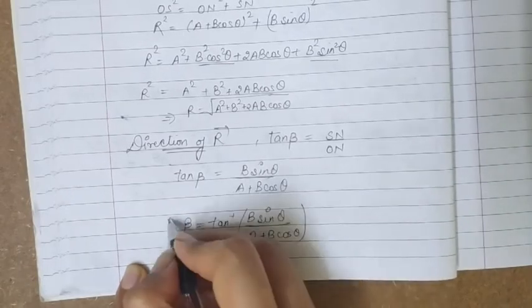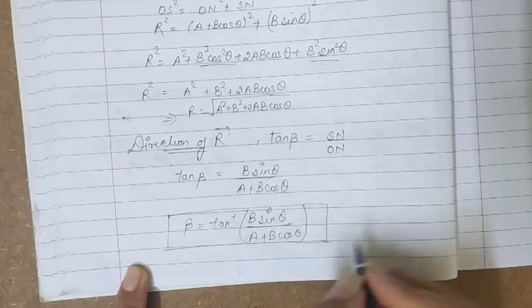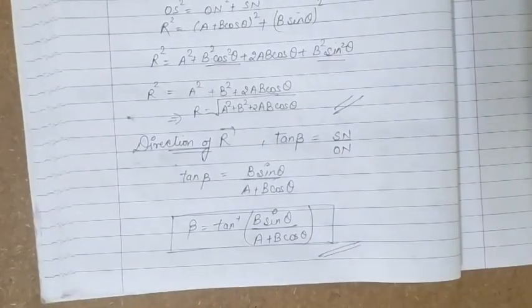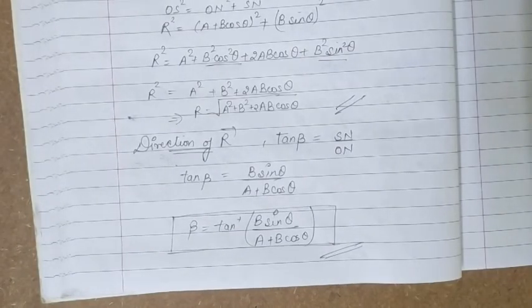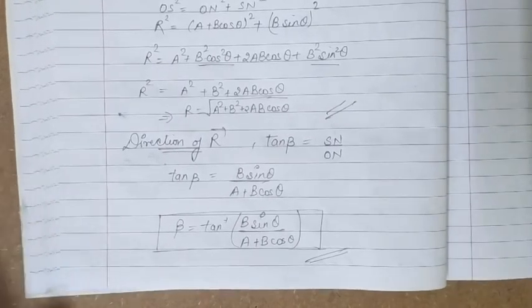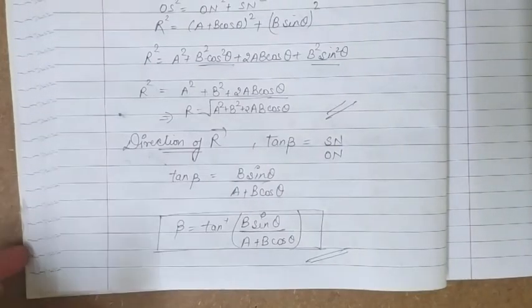So this was the analytical treatment of parallelogram law of vector addition. This is how we can find the resultant and magnitude of resultant and direction of the resultant vector, that is R vector is equal to A vector plus B vector. And the results are same whether we are using triangular law of addition or parallelogram law of addition. We get the same results for the same vectors inclined at the same value. But there are three special cases also.